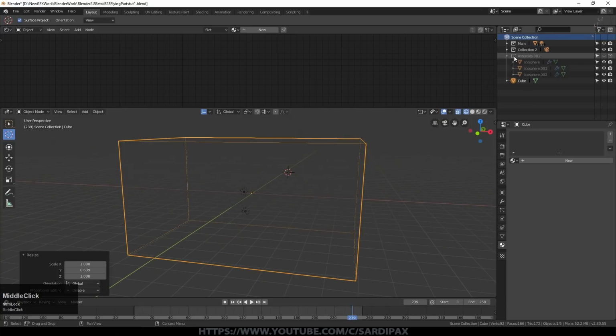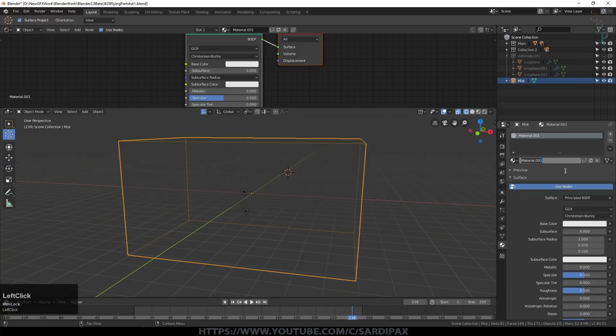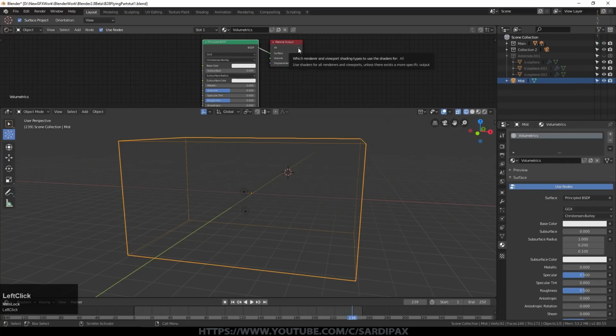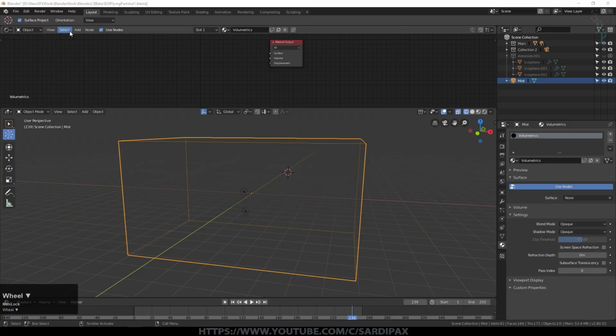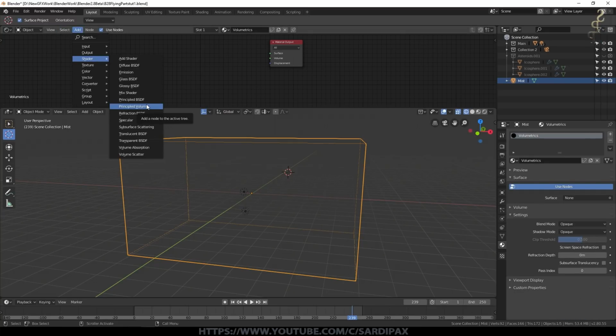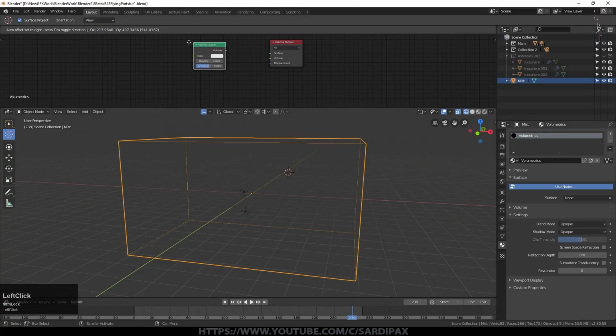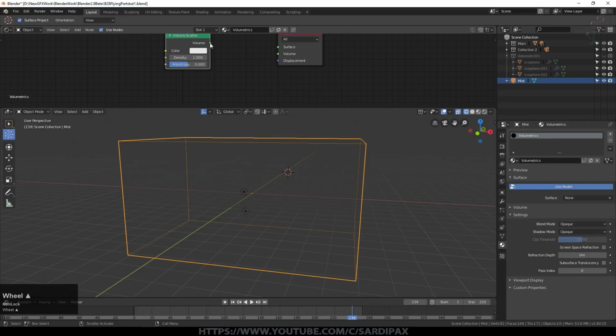So we'll call this object mist. We'll give it a new material and we'll call that volumetrics, and we'll remove the principled BSDF shader. Now I tried using the principled volume shader. I didn't get on with it very well. Maybe it's got some more development to do, maybe I just need to learn more how to use it. But it didn't really work so well for me, so I ended up just using volume scatter. And that seemed to do the job I wanted it to do. At the moment, I'm just going to connect that in. There's some more advanced stuff to do shortly, but that has to go to volume, not surface.